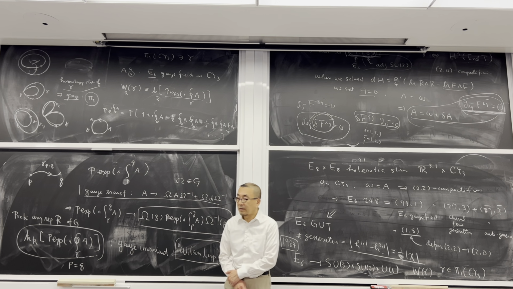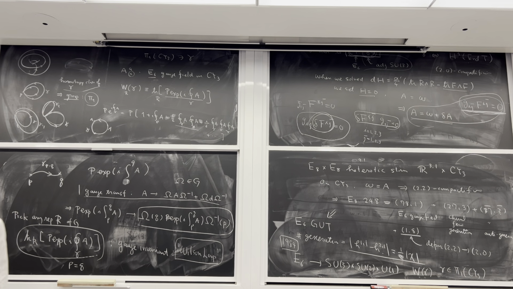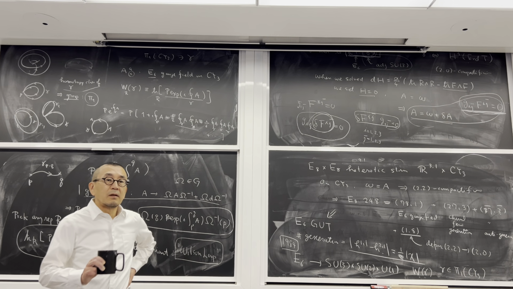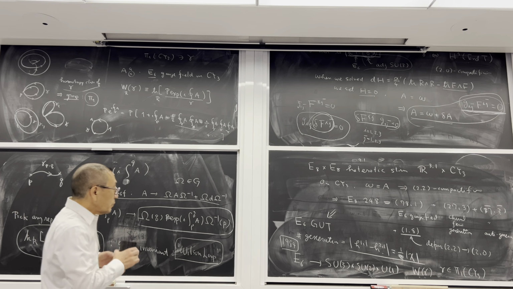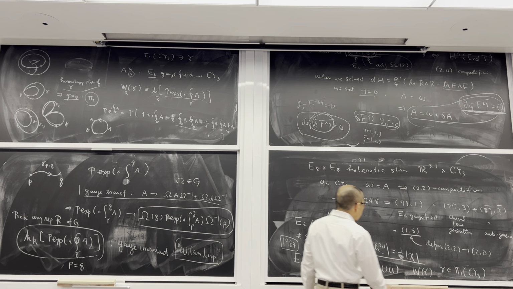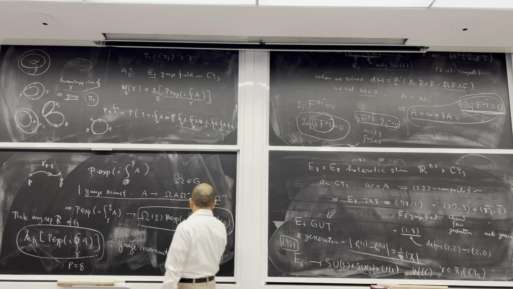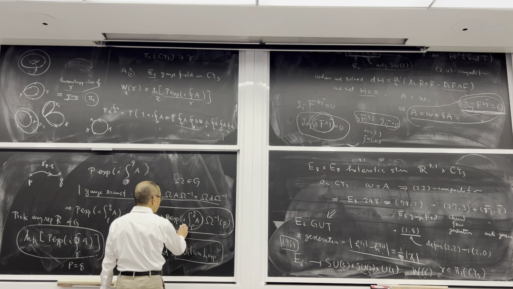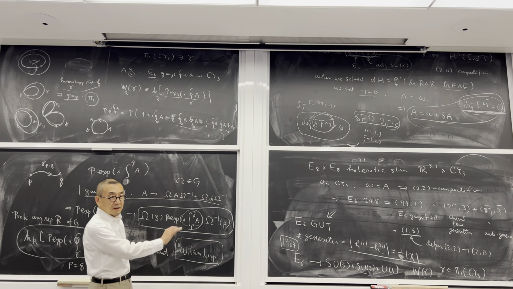Over here. I am having trouble seeing how turning on the Wilson lines would... Beg your pardon? How does turning on the Wilson line break the gauge symmetry? Because if this gets an expectation value, then that means that there is some particular direction of the gauge field which has non-zero expectation value, and that breaks the symmetry.